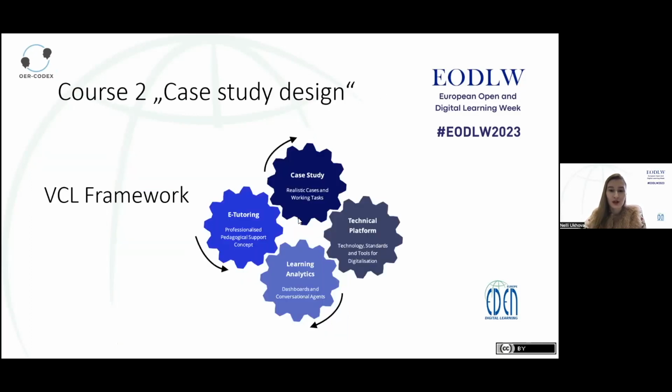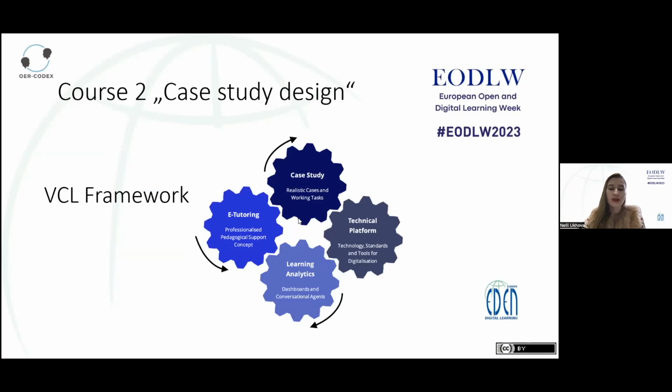And just a short glimpse into the 3 lessons. In the first lesson, we would be dealing with the VCL framework, and we would talk about the case study and its role within online collaborative learning. We will talk about the technical platform that you have to choose in order to enable your students to work together in little groups and deal with the tasks.